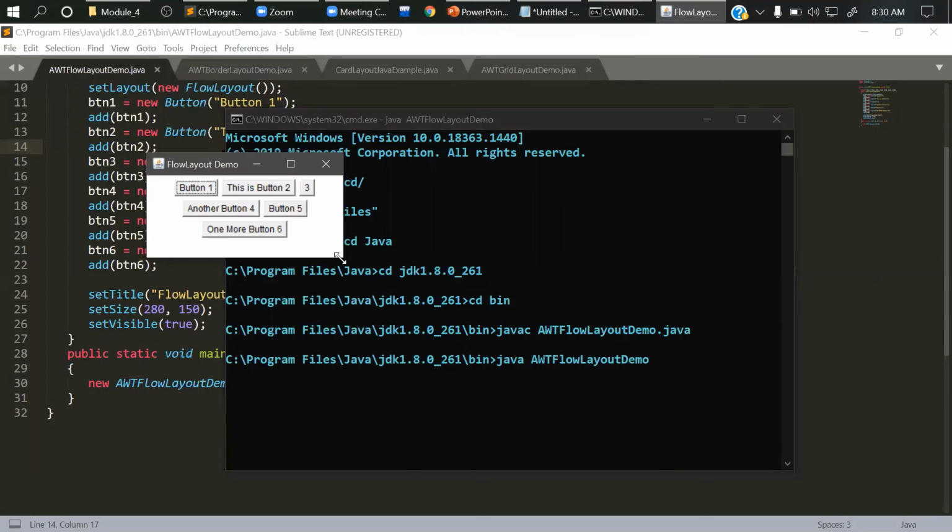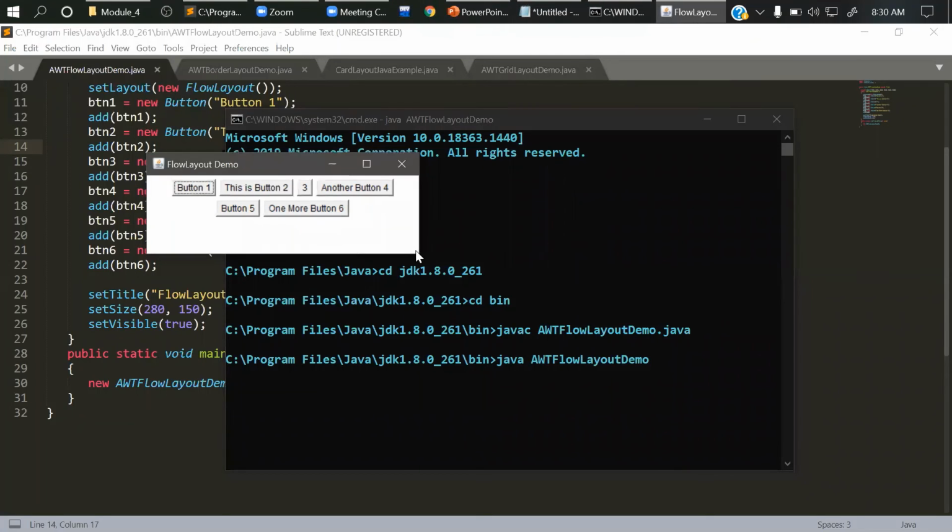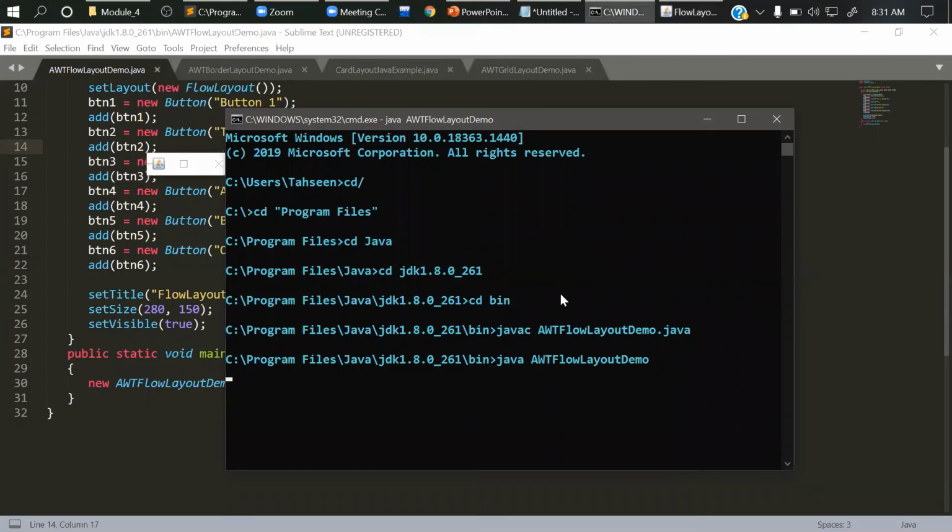Now let's see that these are all center aligned and sequentially added as per what we have given programmatically in the container. One thing to observe is, if you resize in this way, all the buttons will be here, and even if I try to drag on the left side, they are not being hidden. But if I go vertically, all your components will be hidden. So this is the point you need to note.